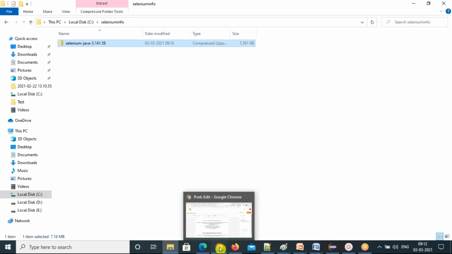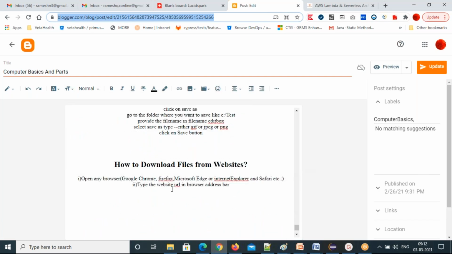So let's write all these steps. Type the website URL in the browser address bar, press enter key from keyboard. So no doubts until this, right? Then choose the file to download.